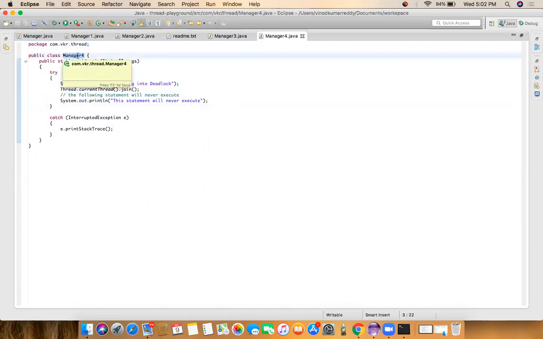In Manager 4, I have a main method. Now here I am not extending any thread. Even if you're not extending any thread, if your class has a main method, it is executed using the main thread. Whenever the main method is executing, the main thread is involved to execute it. JVM will create a main thread and allocate it to execute the main method for every execution. Now here, inside try,